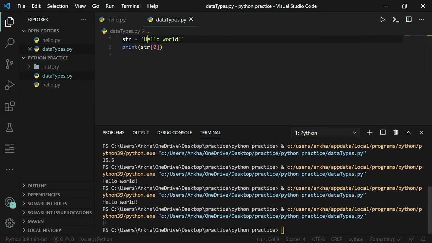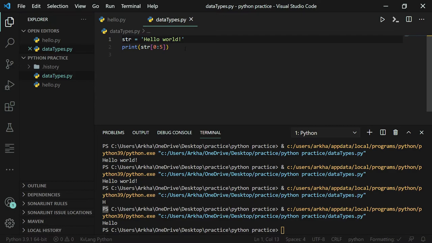So as you can see, the h is printed here, and we can also specify from where to where we can print. So I have to print from first word to fifth. So I can say str of 0 is to 5, that means from the 0th index to 5th index. Let's see what it gives. Hello. So as you can see, this way we can selectively print the string,